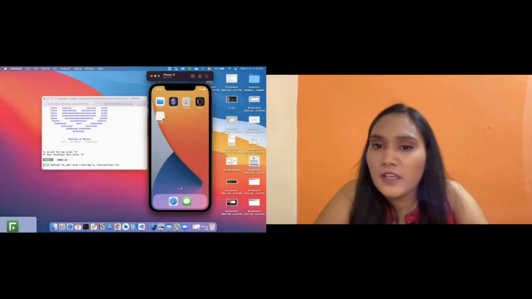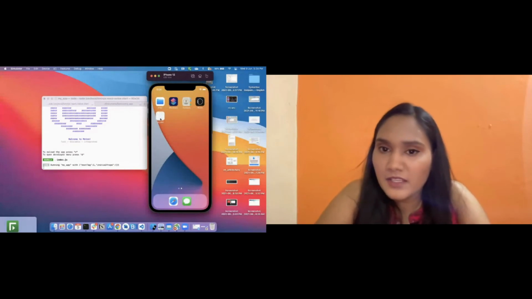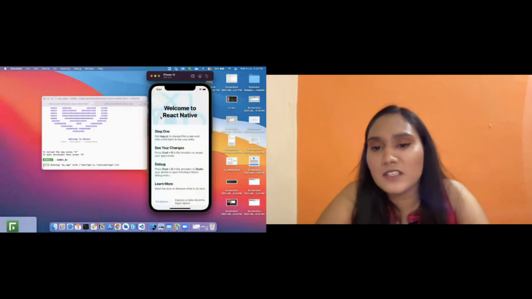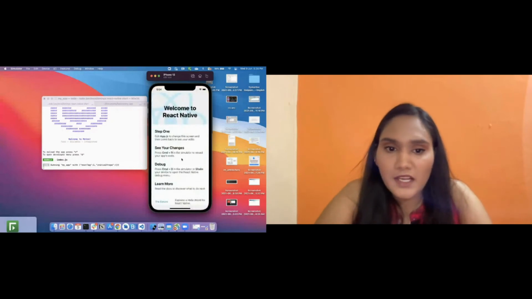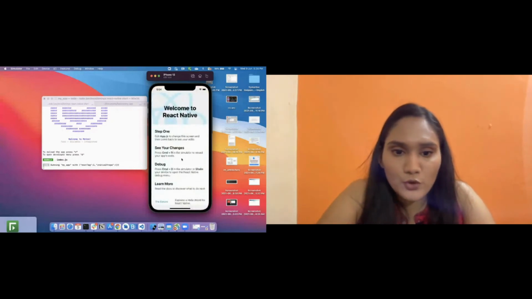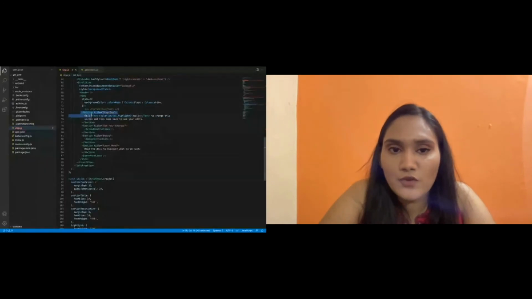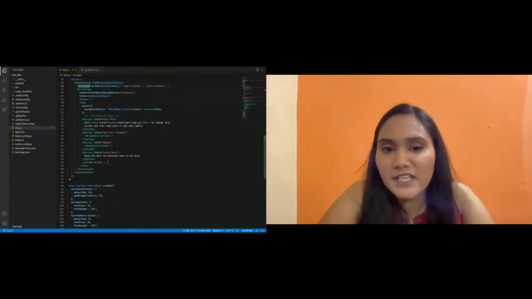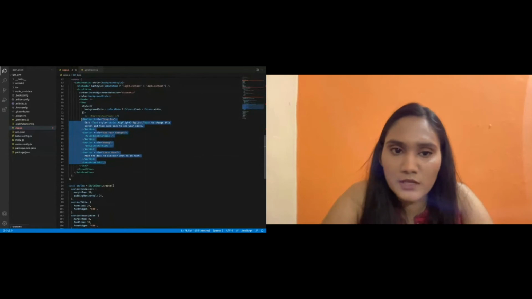There is no icon till now, but we can add an icon to it in future, right? If you want to add the icon, you have to do it for Android and iOS separately. It is just an easy step. And one more thing which I want to show you: there are various tags over here, like the section tag, header tag, safe area view, status bar tag. These are the built-in tags, and you can create your own tags as well.